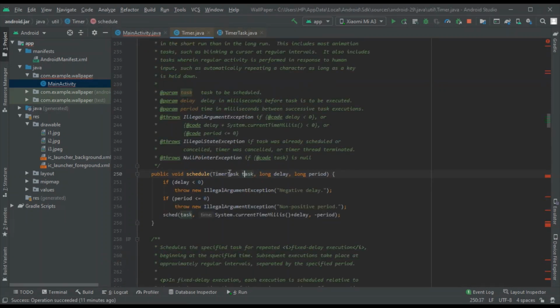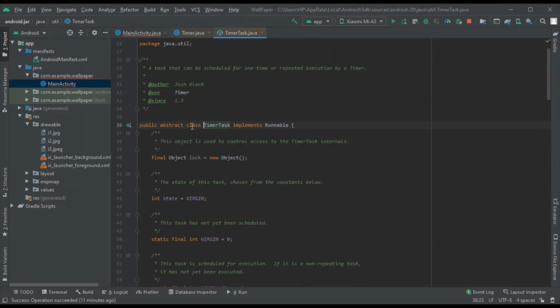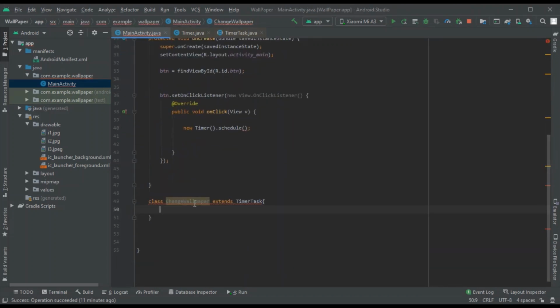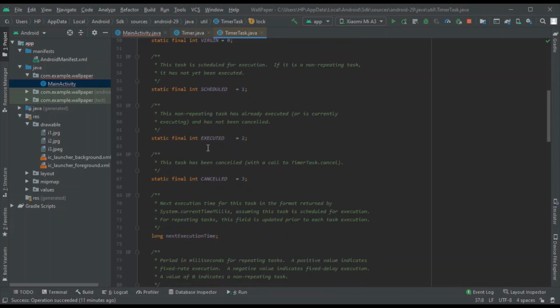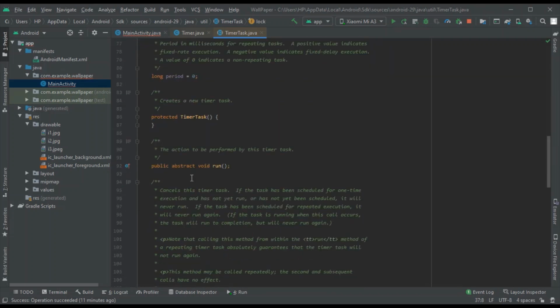TimerTask is an abstract class, so I am extending it in ChangeWallpaper over here. In TimerTask you can see there is a method called void run, and I have to implement this method.